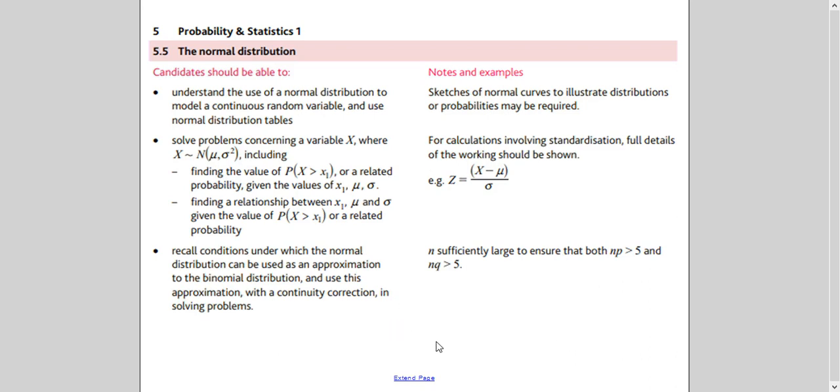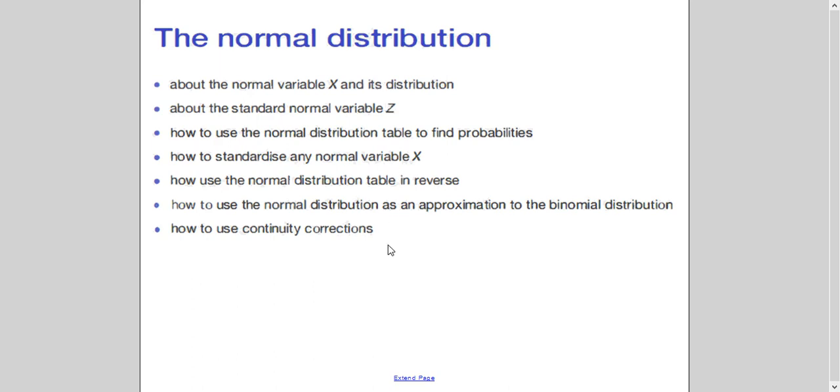So this is the syllabus of the CIE, which is the requirement to fulfill. I have put this into pointers here. These are the concepts we have to cover, so one by one we will see. First of all, we will see what is normal distribution, how to read the table, how to change any normal variable given in X, and if probability is given, then how to find Z. And then at the end, if the question is given in binomial distribution and you want to use normal as an approximation, then how you will use it. Right now you may not understand, but one by one we will see.